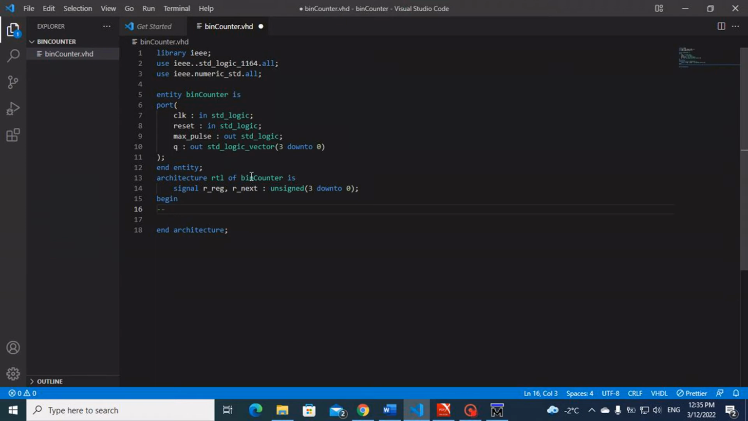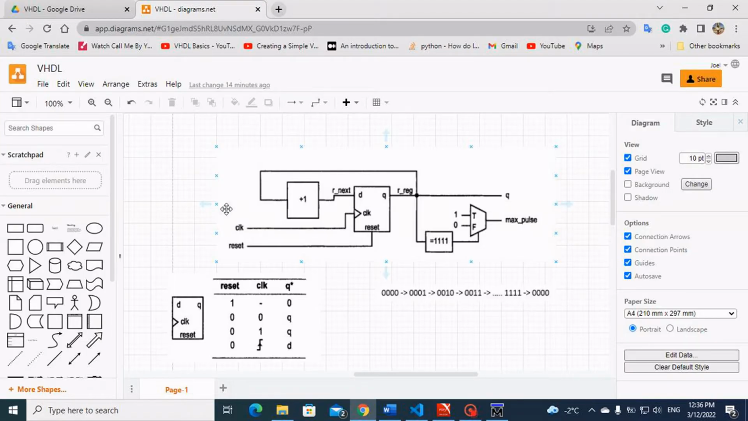So you want to divide your circuit into those 3 parts. You have your register, and then you have your next state logic, and then you have your output logic. All right, so let's do our register. For us to do this register, which is a 4-bit register,